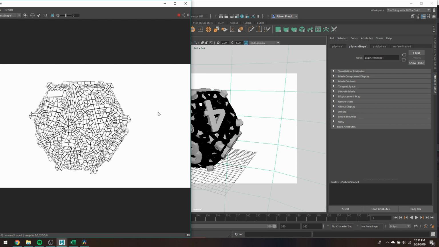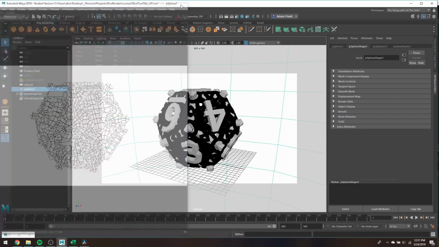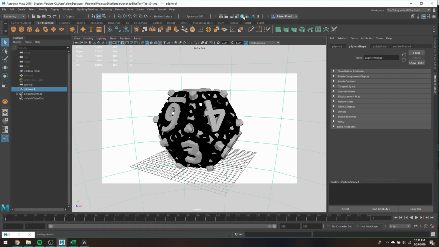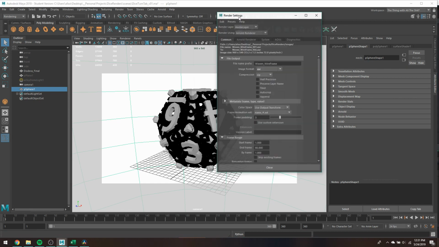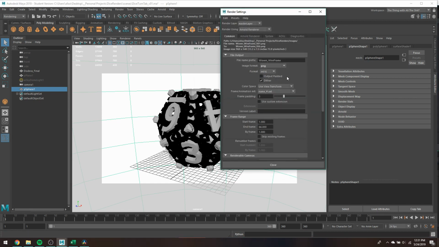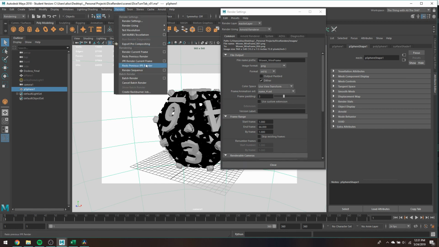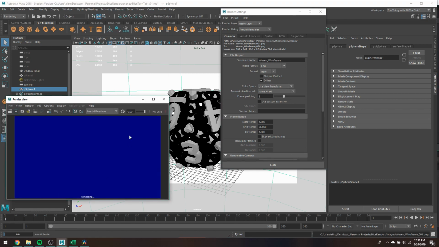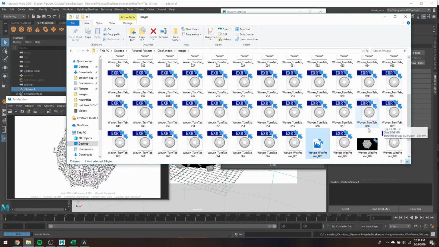And this way, it's just not going to multiply a black background onto the rest of my render, turning it black. So again, I'm just going to go render settings, switch this back to PNG, and then just do another render sequence. So this should overwrite my original images,